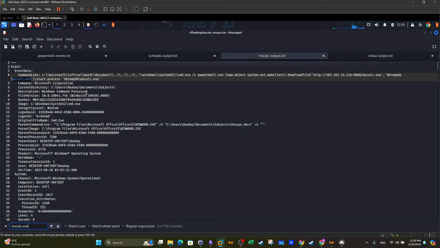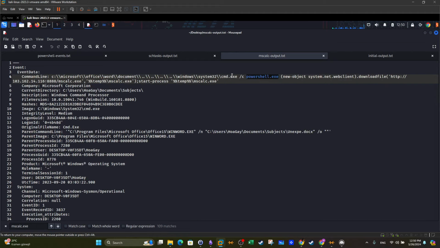Okay, so that's the first entry here. And this demonstrates the command used to execute this file. As you can see, guys, the PowerShell process has been invoked by the command line. And look here, the command line process was originally invoked by Microsoft. So now we know that there was a Microsoft document responsible for spawning the PowerShell command, which in turn downloaded